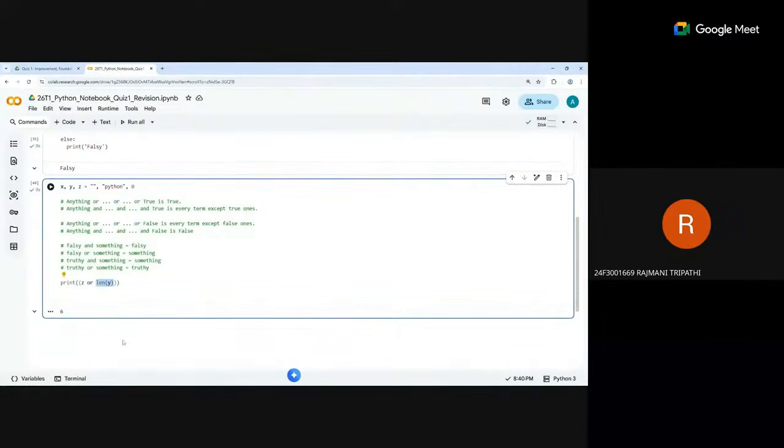Okay. I was checking one by one. I was breaking it down and looking at each and every one. Z is a falsy value and length of y is a truthy value. Then the printed output is something truthy, like 6. Correct. No, even if it is a falsy value, that's also a thing. Okay, therefore I said something.